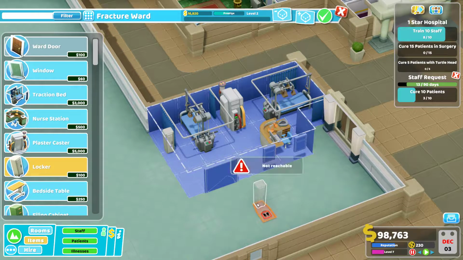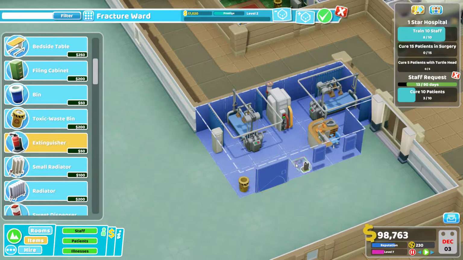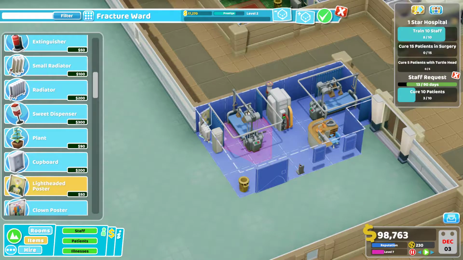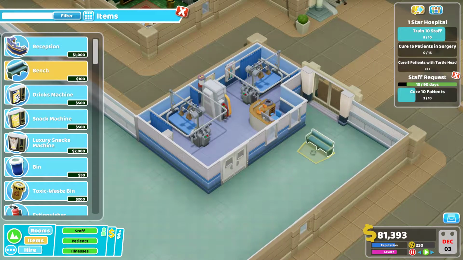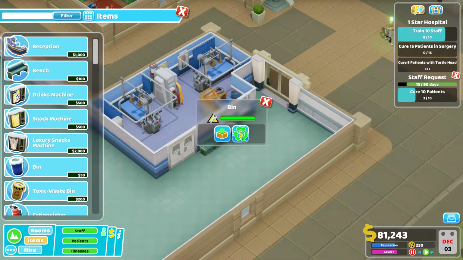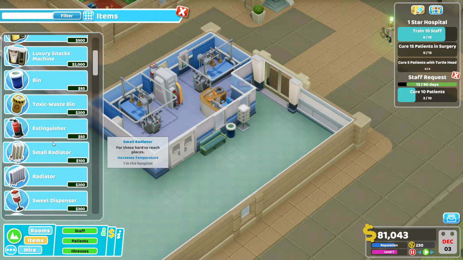Moly. A toxic bin. Extinguisher. Radiator. Can we put that in here as well? Nope. Have it in here. We'll grab posters. We'll grab a bench. Grab a bin outside. Grab a leaflet stand and we'll...